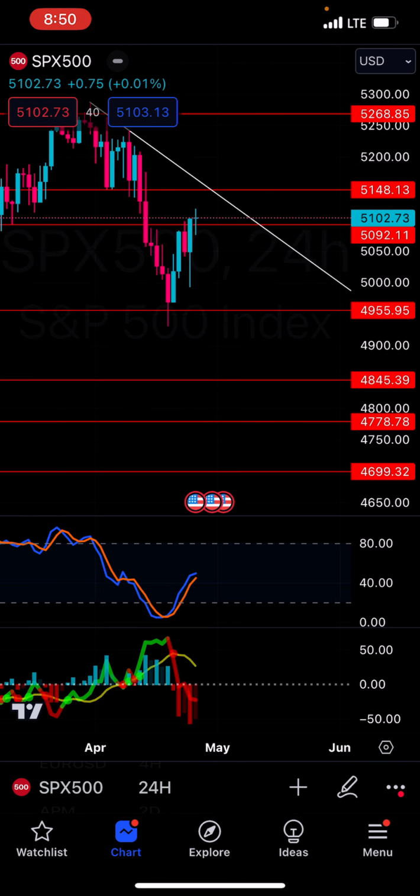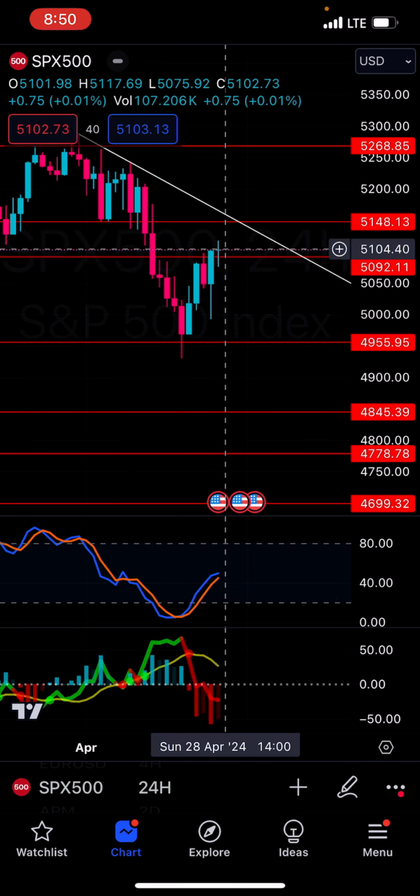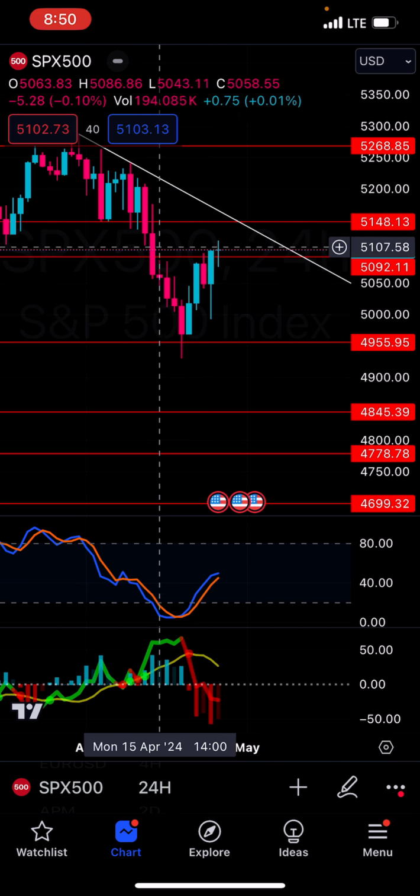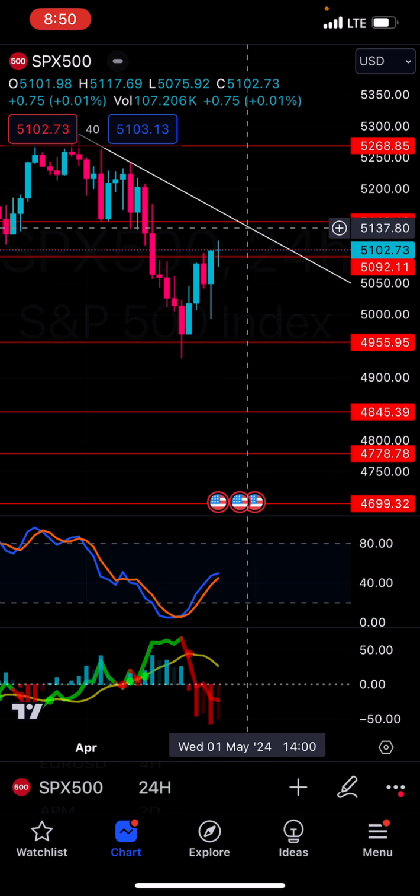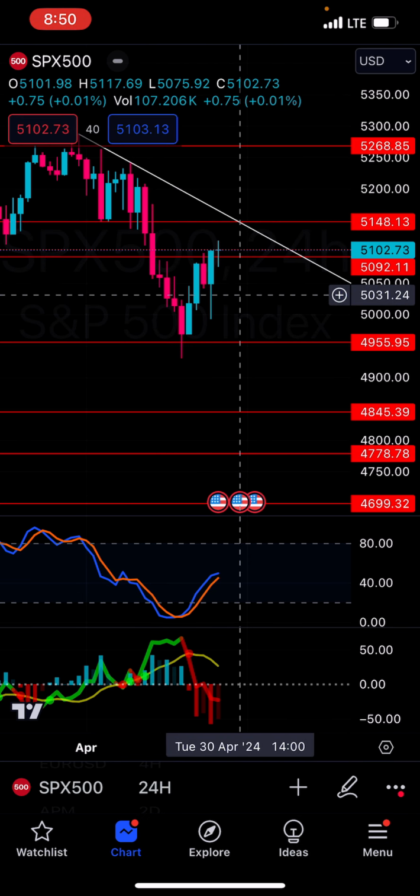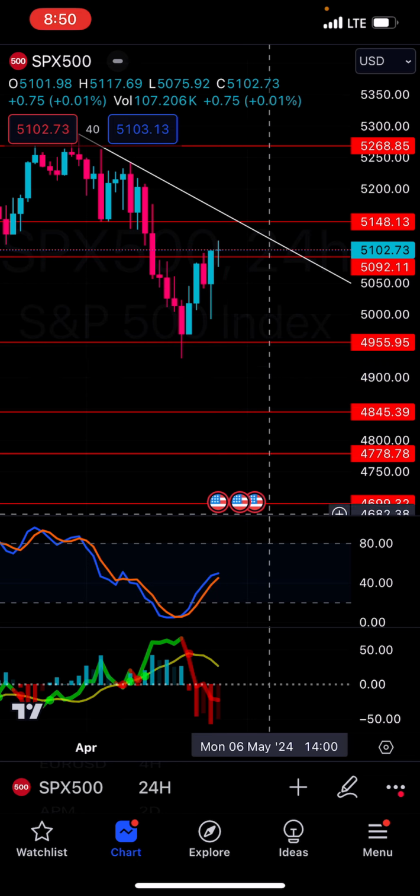It's basically going to be support turned into resistance, right? Support, broke it, and then you're probably going to come back, retest, and then drop right from there. So that's what I'm thinking. I think we'll probably hit 514 or 514.8 on the SPX sometime this week, and then the next target would be